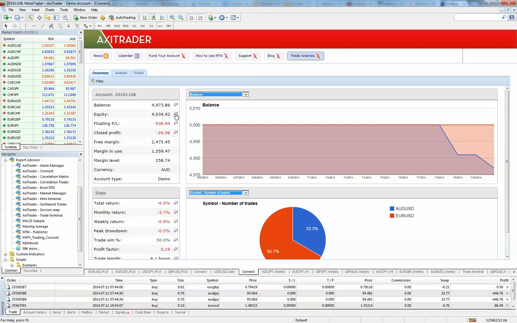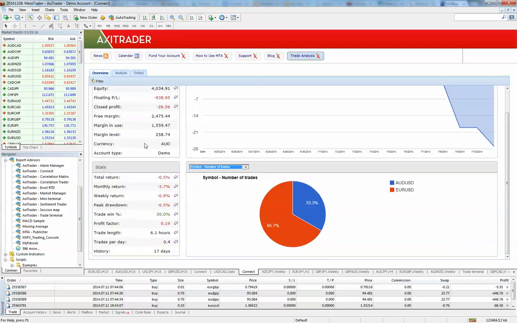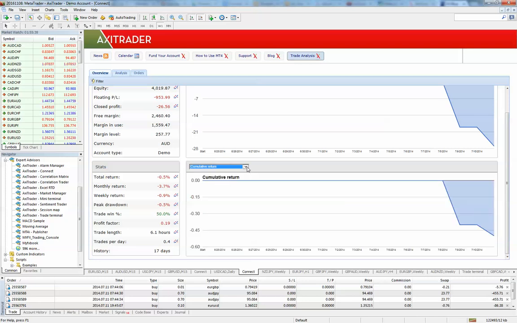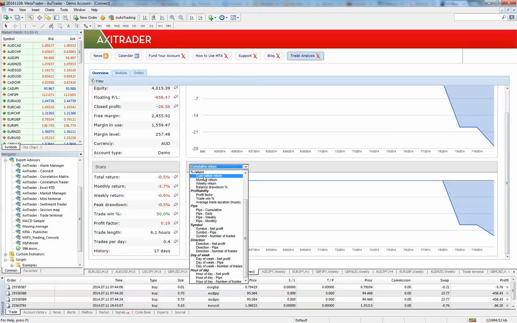If you click on the little chart icon on the right hand side, it's going to chart it. You can see some stats, so your total return, your monthly return, weekly return, peak drawdown, trade win percentage, your profit factor, the length of time you're in trades, the trades per day, and history. And you can see here you can then come in and graph on a variety of different things. So percent return,